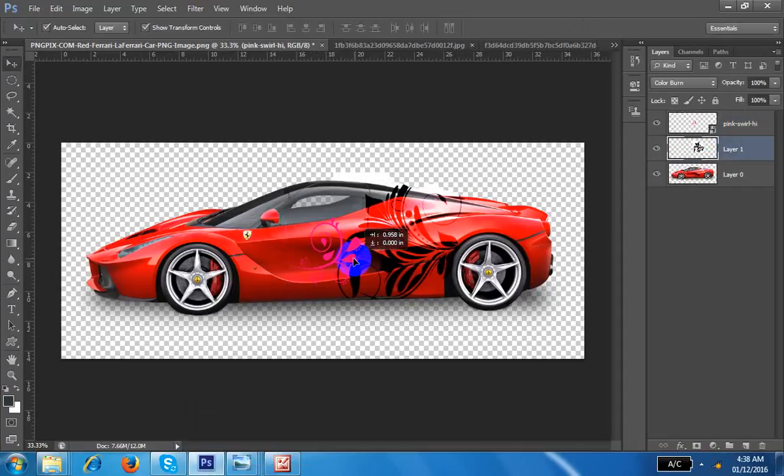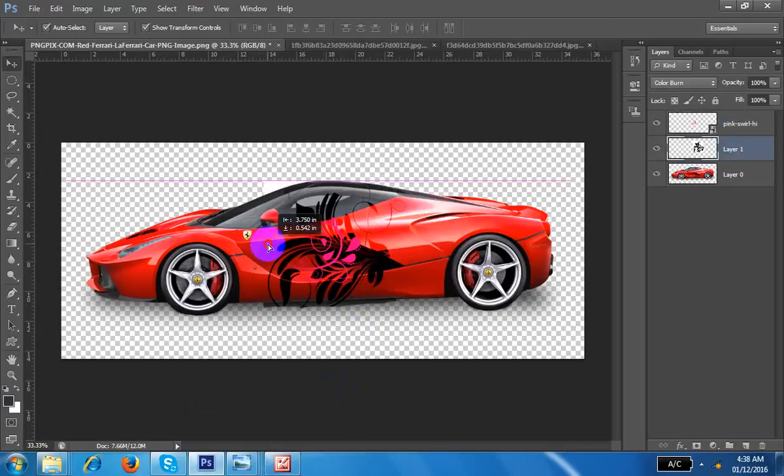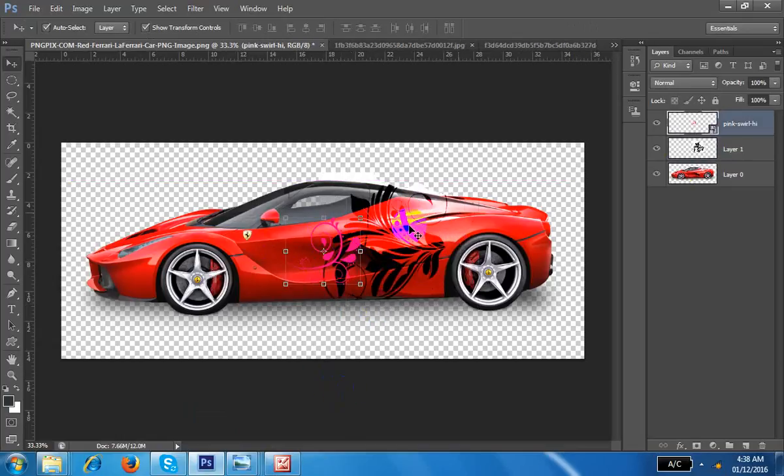Okay, and not this one. In 5 more minutes I will tell you. 2 minutes I need only. So suppose what happened, lock this image. If any images you are not able to work on, lock the image. Suppose I want to lock this one and use this one here, and I want to change the color.